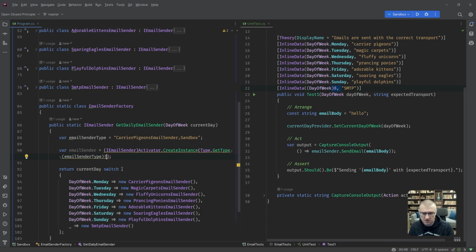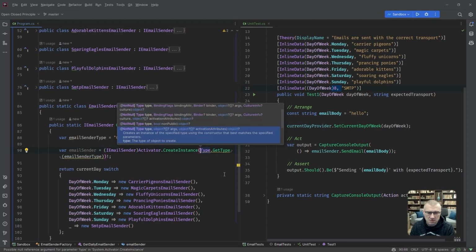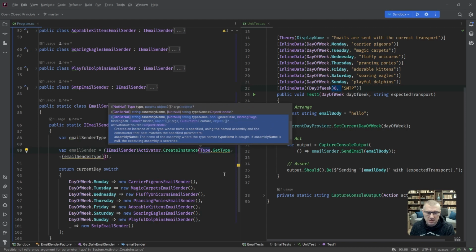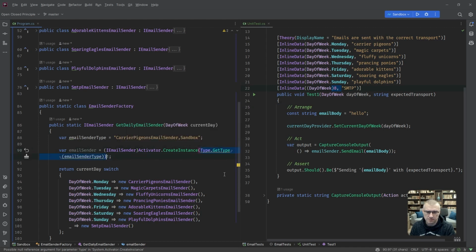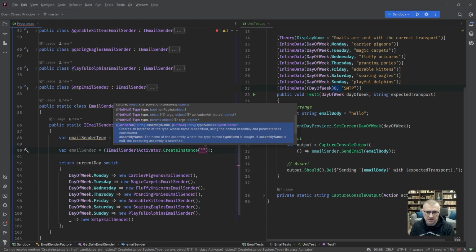Yeah, okay. Not in here, but in here. Ah, no. Type get type. No, create instance. I don't think that's... String assembly name, string type name. Assembly name and type name.